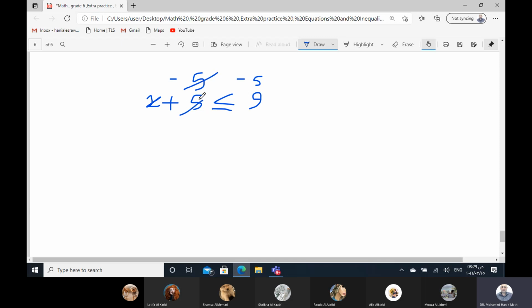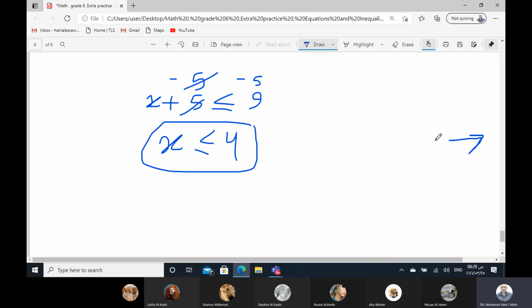Minus 5 and plus 5 is 0, x remains, less than or equal to 9 minus 5. 9 minus 5 will be 4. This is the solution of the inequality. How do we graph this inequality? We can draw a number line,